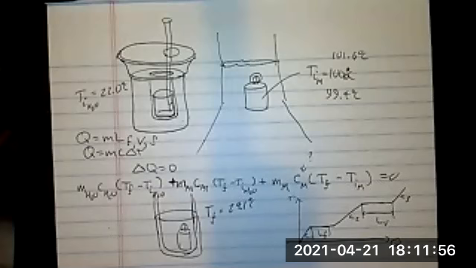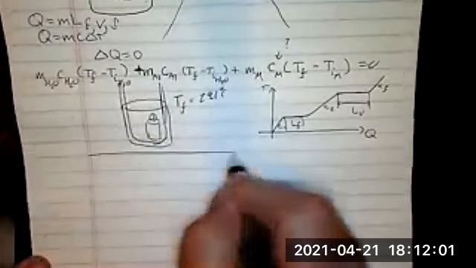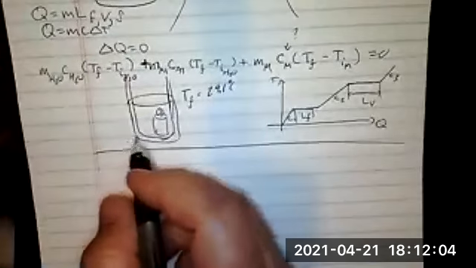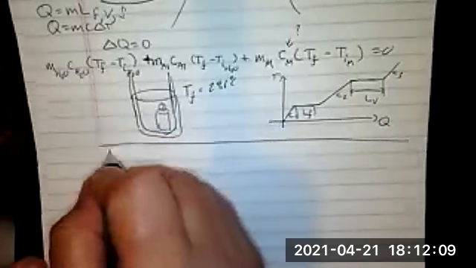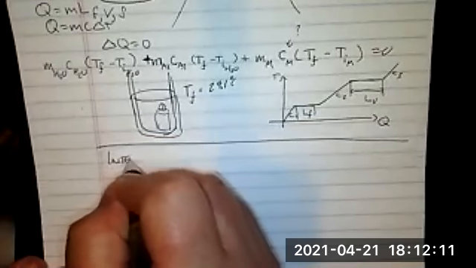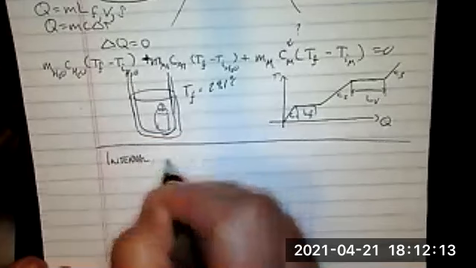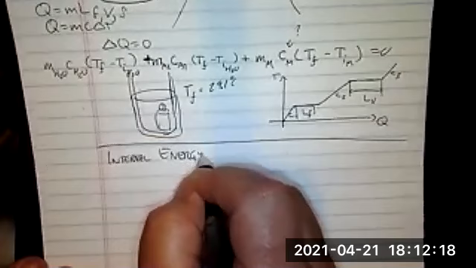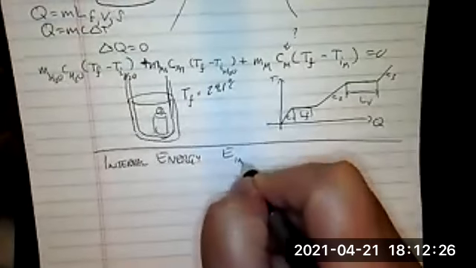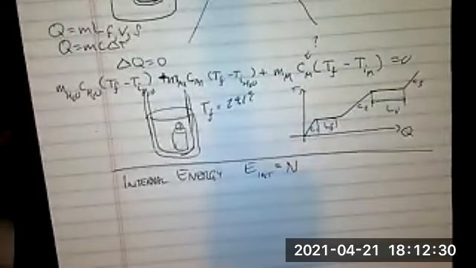So when I talk about internal energy, your book is using the symbol E. Some books use U, all sorts of stuff like that, but your book is using E. So internal energy really is the energy the molecules and atoms have as a result of, say, their temperature. And in fact, for an ideal gas, the internal energy, E internal, is equal to the number of molecules you have